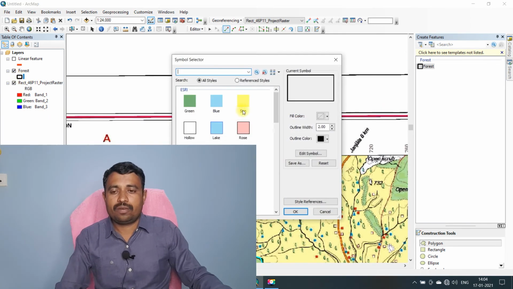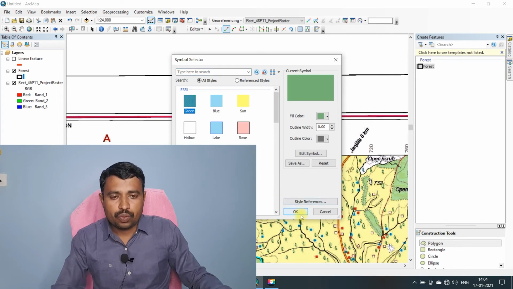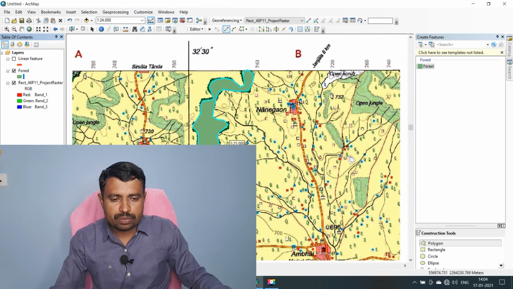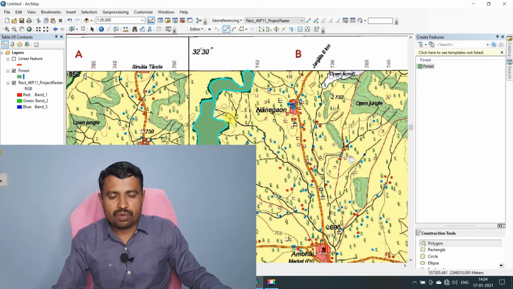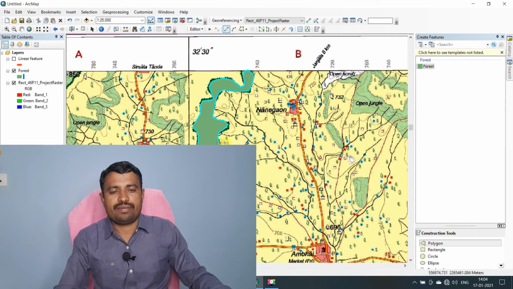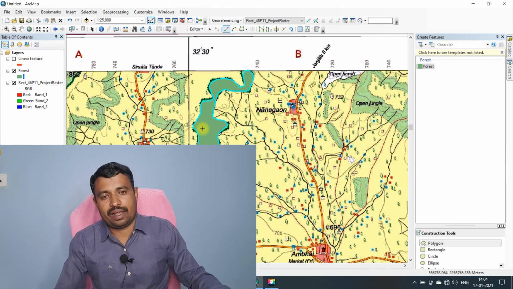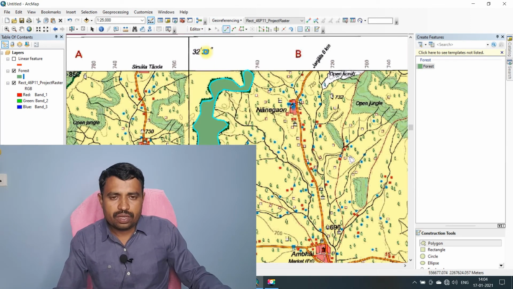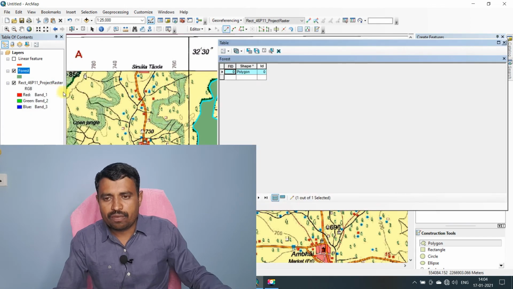Now you can give color to this, green. Suppose I am giving color one. Now this is the polygon, this is the forest area and we have to calculate the area of this particular forest. So here again you have to go into the save edits, then open forest, go into the open attribute table.